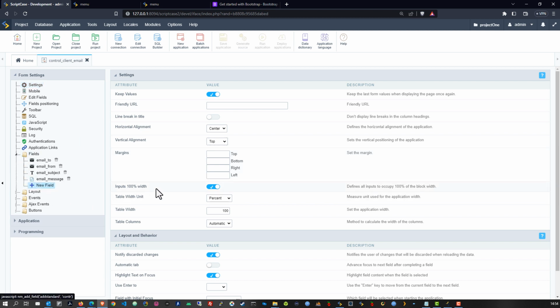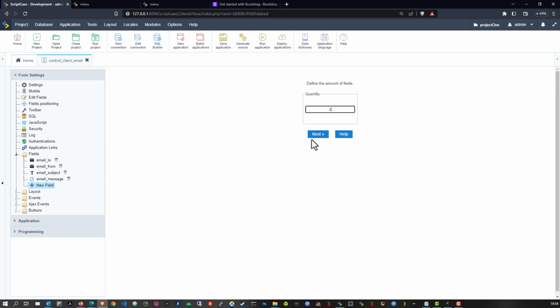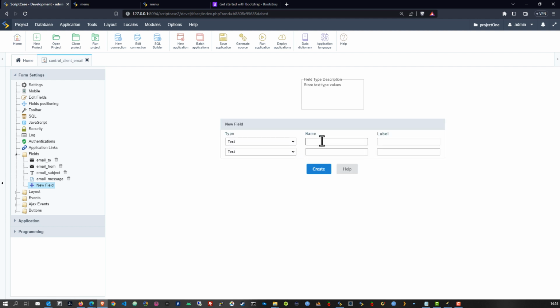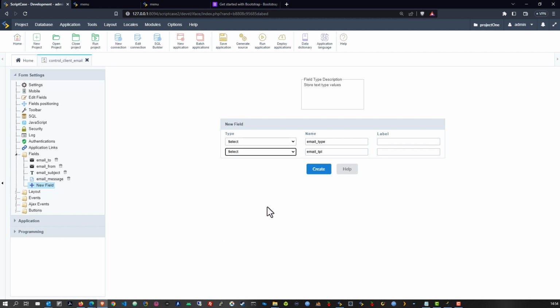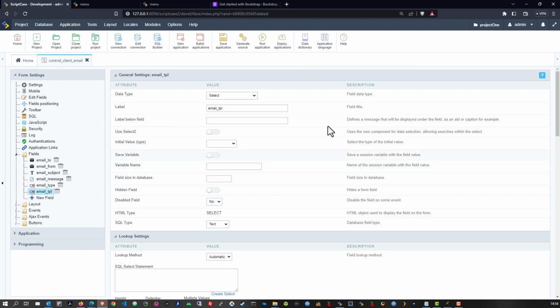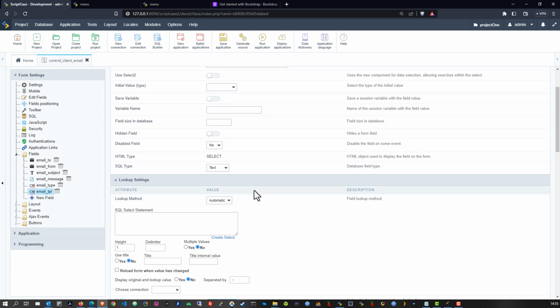So what I'm going to do is then add two new fields. I will say two new fields, go next. And the first field, you can guess it, would then be the email type. And then the next one would be the email TPL. And I will set them both as selects. I'll do that now because then it's automatically configured already. And the labels, well, I will leave them blank and I will add them with our language variables in a few moments. So now that we have our select fields ready, the first thing I want to do is